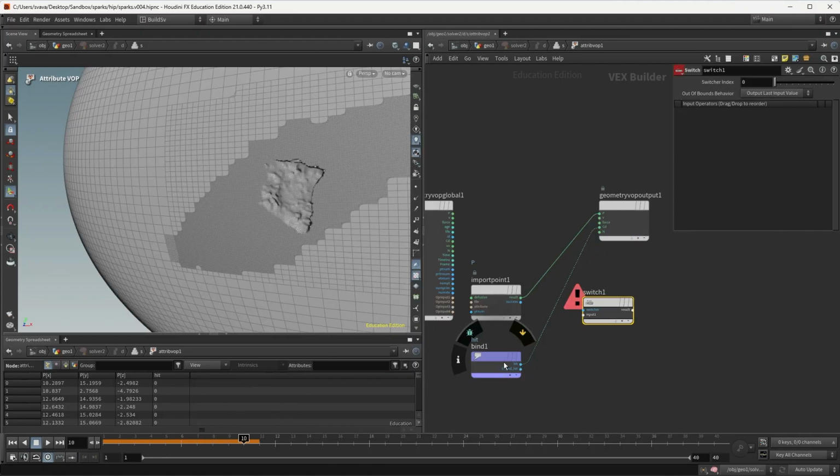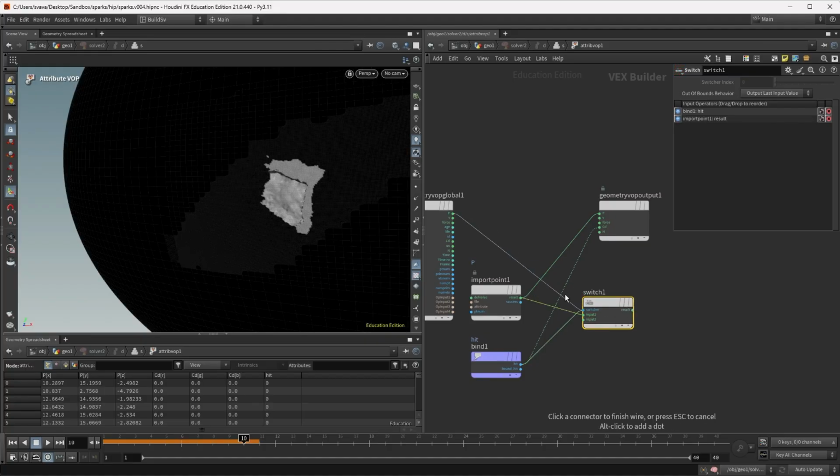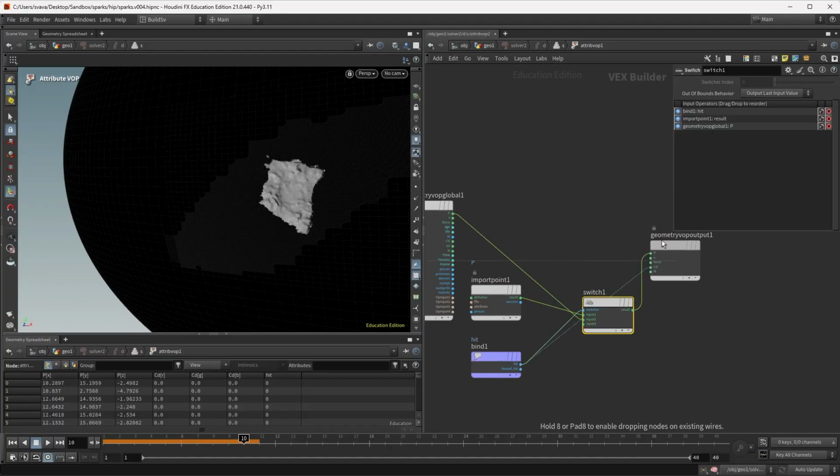Hit is going to be the attribute I'm going to use to switch. And when hit is 1, it means that these points are currently being deformed. I want to use the current frame, but when the hit is 0, I want to use the previous frame. So the previous frame goes first, and then the current frame goes second. And then we can connect that to the output P. And now if you play the simulation,